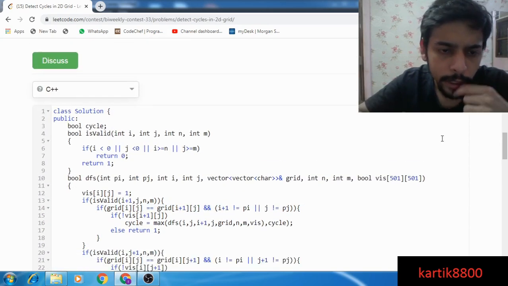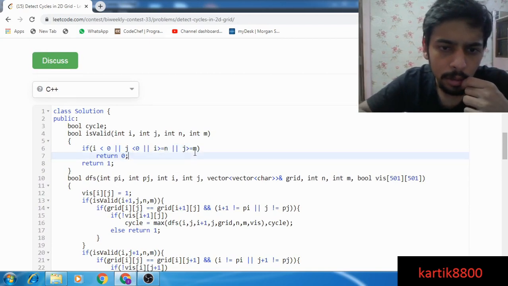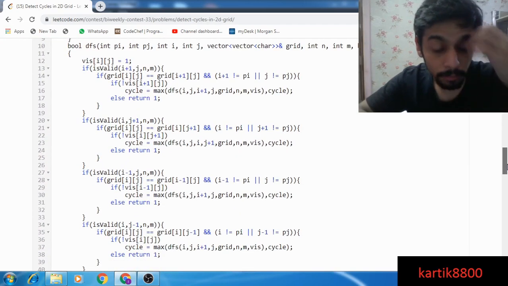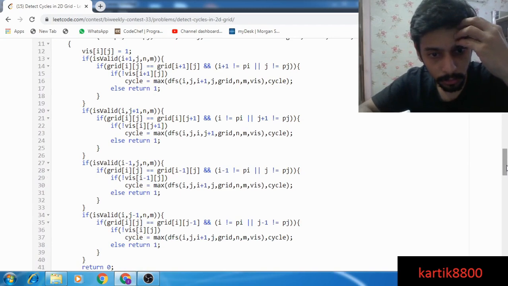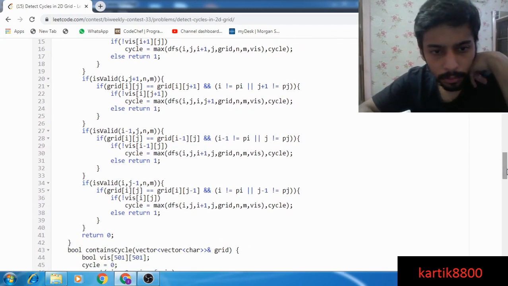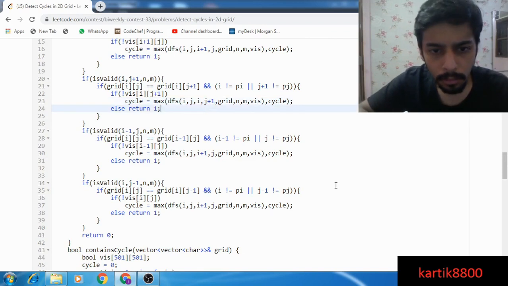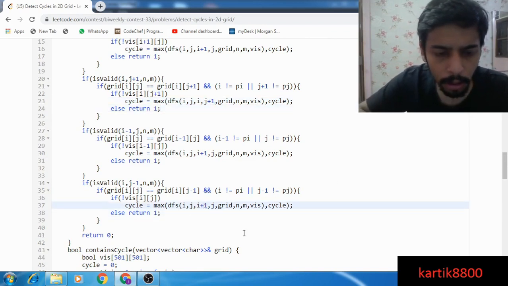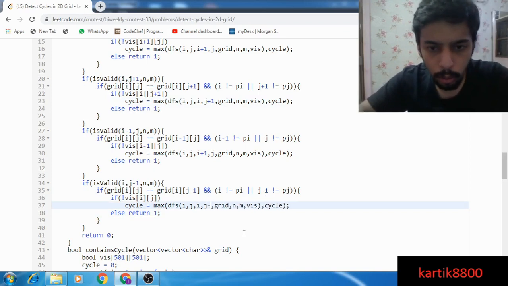Is valid looks okay to me. If i less than 0, j less than 0, or i greater than or equal to n, and j, return 0, otherwise return 1. Looks okay. For i j, the next people will be i comma j minus 1.